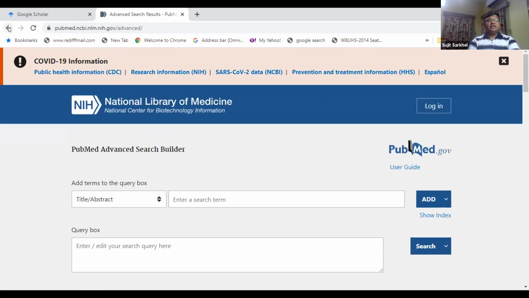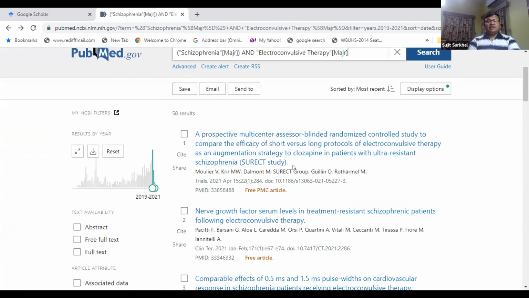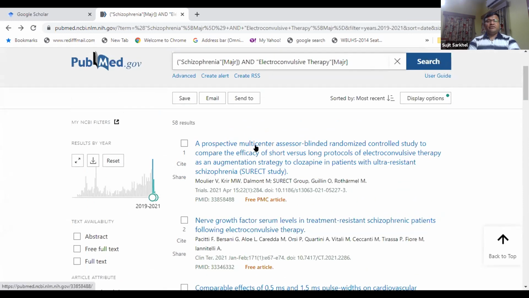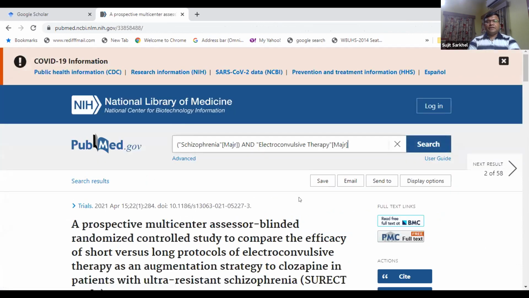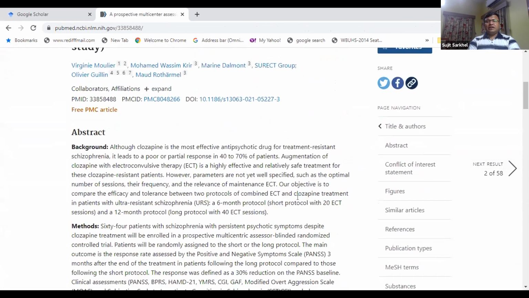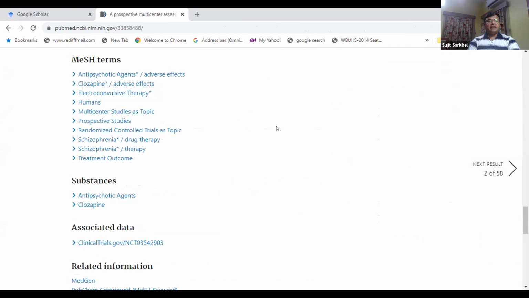Now, another important thing, as I was saying, is citation based search. Citation based search is where you go to any article. Let me come to the first article, a prospective multi-center assessor blinded RCT, this one. Once I go to this article, what can I find out from this article? There are mesh terms. So mesh terms for this article have already been generated, and there are so many mesh terms in this article.